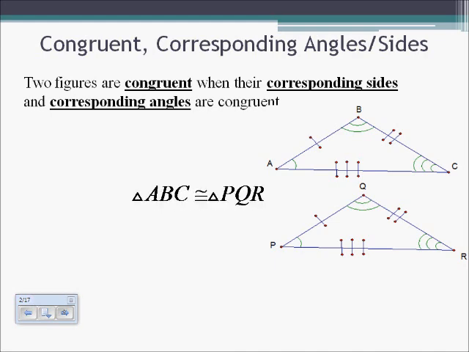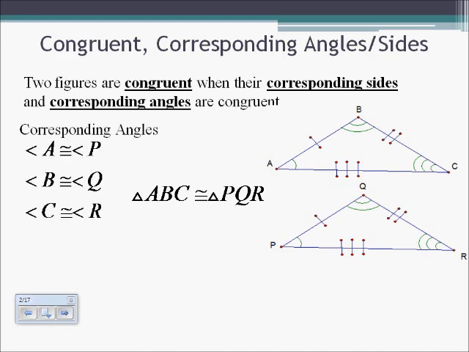Both of those triangles are congruent. Triangle ABC is congruent to triangle PQR. The reason is that each one of the corresponding angles is congruent. So for instance, angle A and angle P are congruent. They're in corresponding spots, just like corresponding angles from lines and transversals. Angle R and angle C are in corresponding spots and are congruent, and angle B and angle Q are in